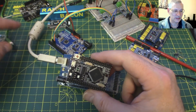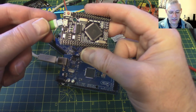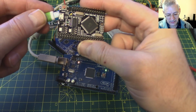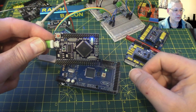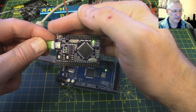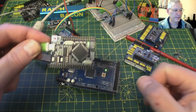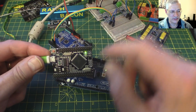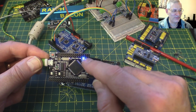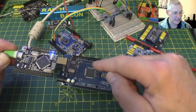In fact, we can prove that, because this has also got a micro USB, so if we connect that up, he said, cack-handedly, there we are. Now this has also got the multi-blink, so it should be flashing, I think it's 4 times. There it goes, 1, 2, 3, 4, yep. Awful shame, isn't it, to use a Mega 2560 just to flash a little LED, but that is exactly equivalent